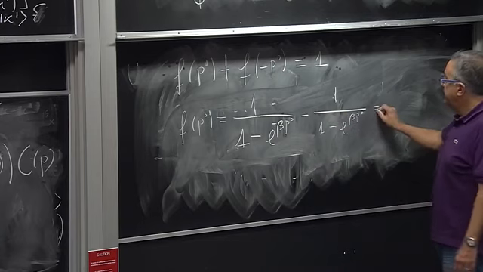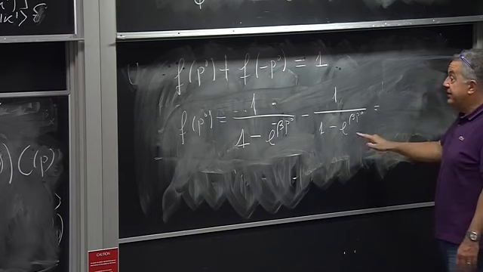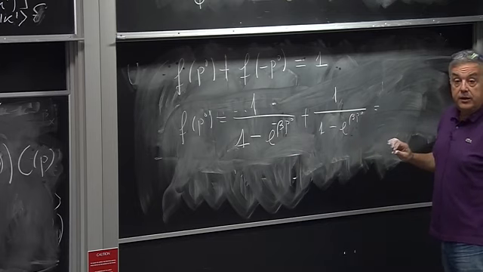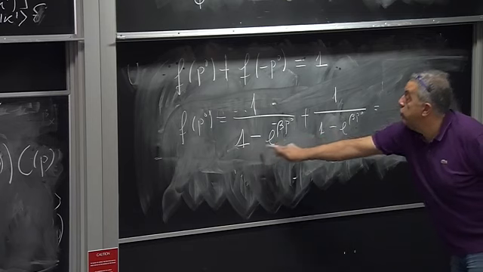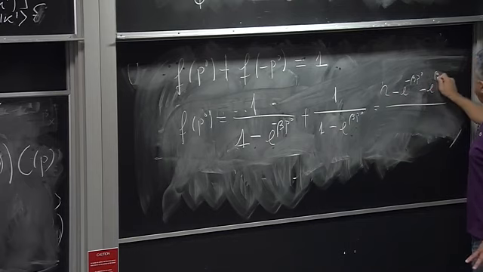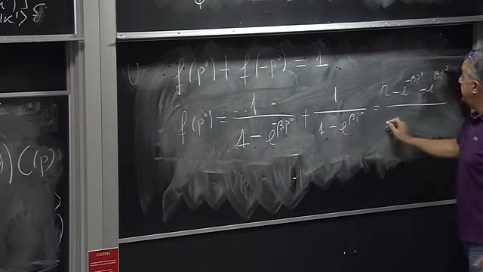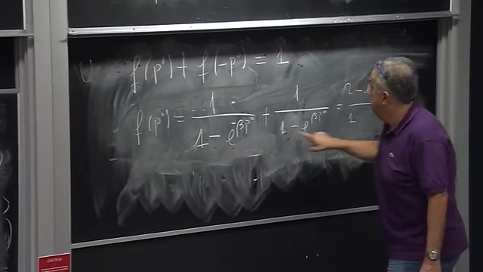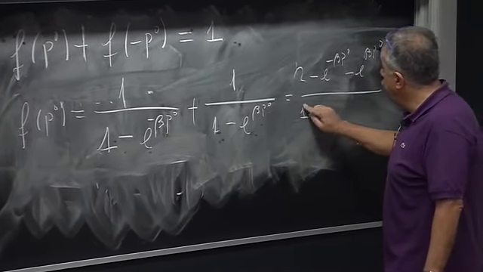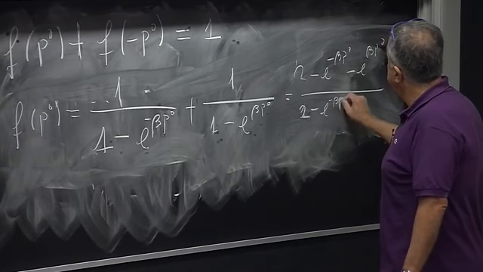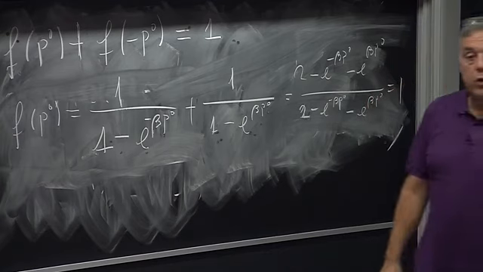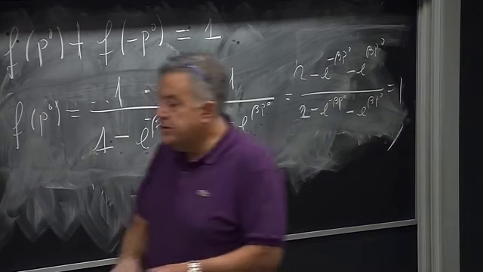Minus 1 minus 1 minus e to the plus beta P0. This has the nice property that the sum of these two things and the product of these two things are the same, because the sum is 2 minus e to the minus beta P0 minus e to the plus beta P0, and the product of these two things is 1 plus 1, because this is the same exponential with opposite sign, times 2 minus e to the beta P0 minus e to the beta P0, and this is 1. Okay. So, as a consequence,